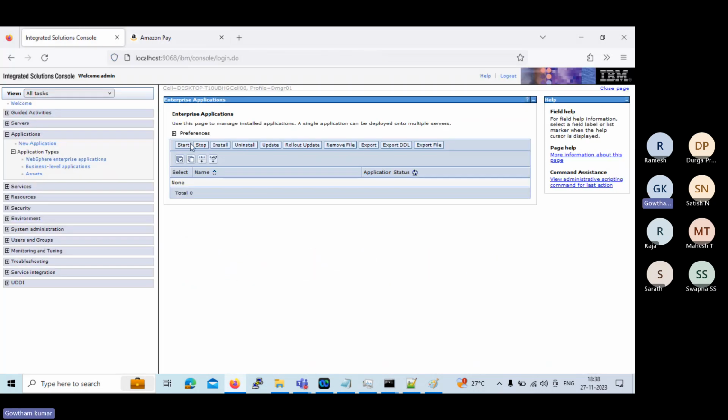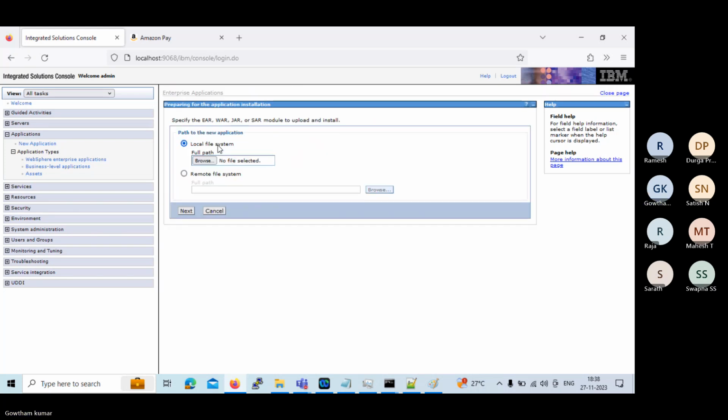So, to deploy the application, first I'll select an option called install. We are deploying the application, which means we are installing the application. To install the application, click on install. Once you click on install, you get 2 checkboxes here, and you can select either one. So what is that? If you select the first option,